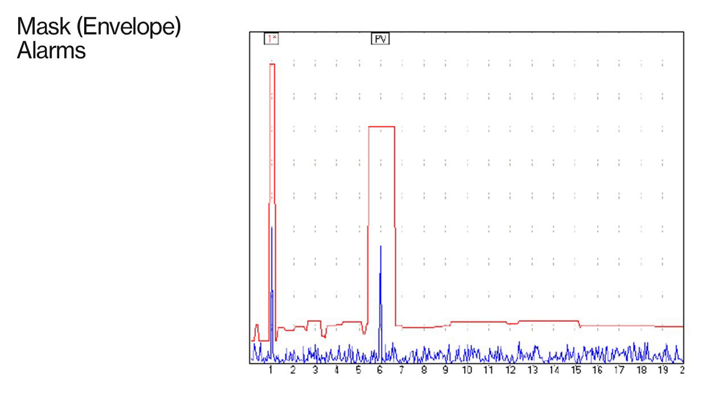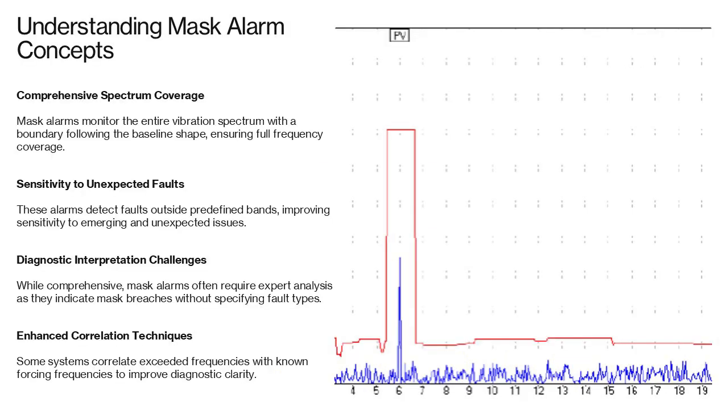Understanding mask alarm concepts. Mask alarms, also known as envelope alarms in the context of spectrum alarming, apply an alarm boundary across the entire vibration spectrum rather than dividing it into discrete bands. The alarm limit follows the general shape of the baseline spectrum, with allowable increases defined at each frequency. This approach ensures that all frequencies are monitored, including those not explicitly anticipated during alarm setup. Mask alarms can be more